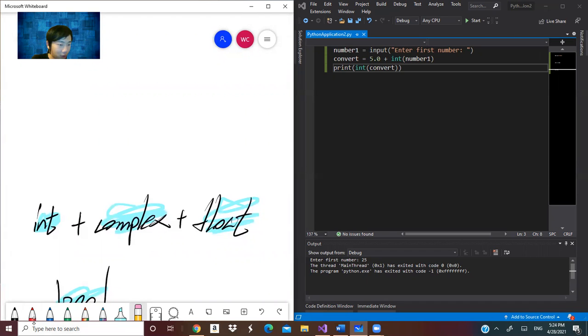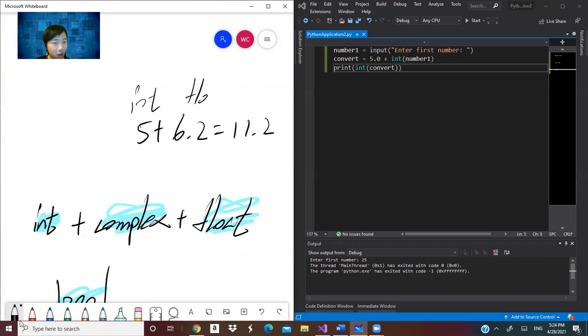So it's really easy to understand. So 5 plus 6.2 is 11.2. So it is int and it is float, and the result is float. The Python interpreter also recognizes this operator, so it allows it to change.